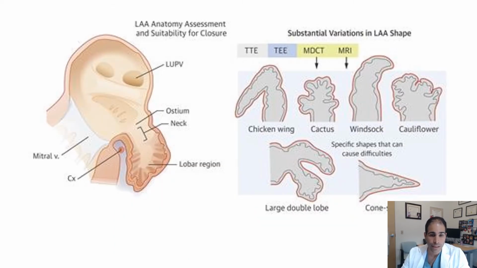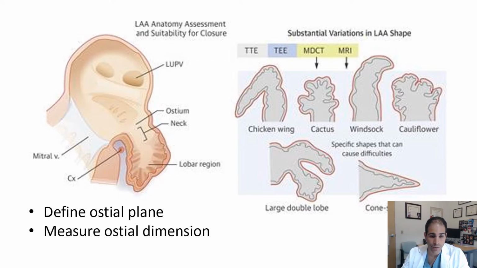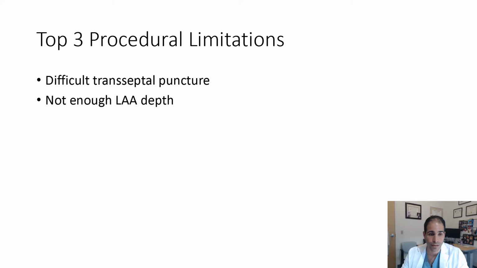Anatomic variability can greatly influence the success of your procedure as well as the length of the procedure time. The things you need to do ahead of time are define the ostial plane, measure your dimensions so you can appropriately size your device, and then figure out a way to deliver the device in a coaxial manner. The top 3 factors that are going to affect your procedural success involve the difficulty of the transseptal puncture, whether or not you can get enough depth in your left atrial appendage, and then whether you can get your sheath